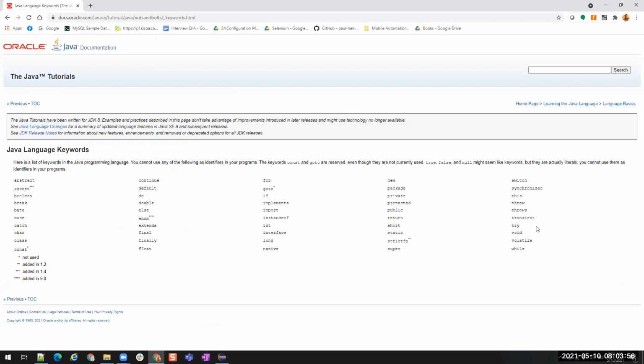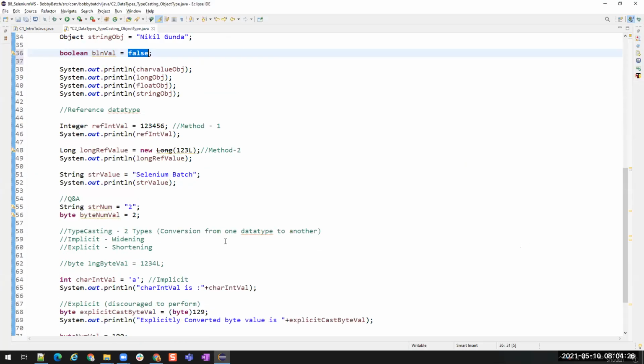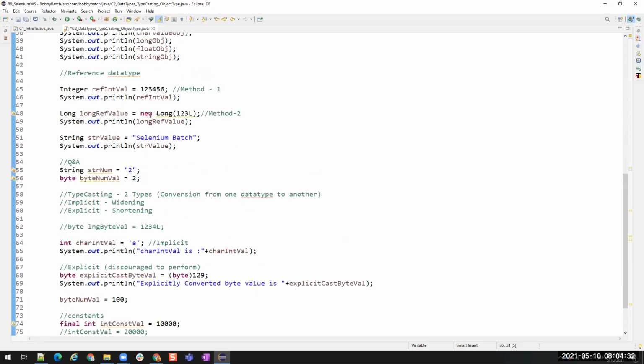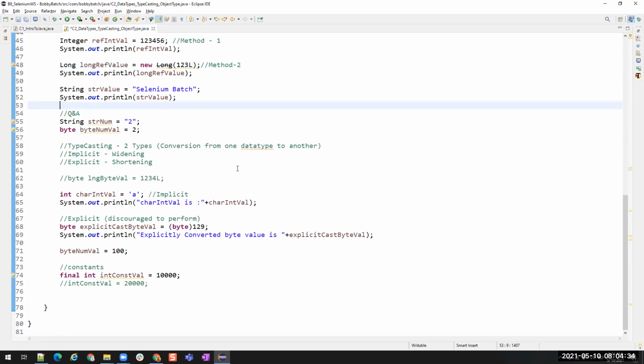So out of these keywords, we have already seen int, long, final, and then short. Where is this char? Yeah, char, double, float. You see, all the data types are keywords. So that is why we are seeing that color. And new. New is also a keyword. We saw it, right? Where is that new? Yeah. Okay. So these are all the keywords.